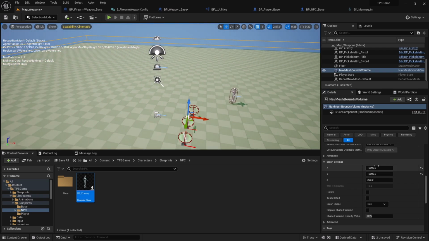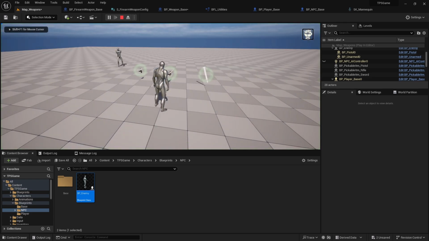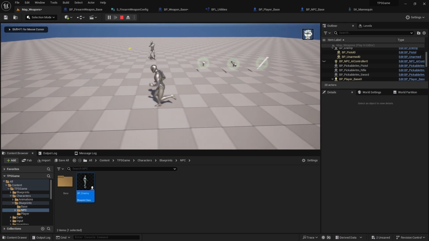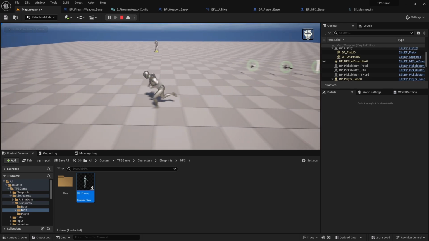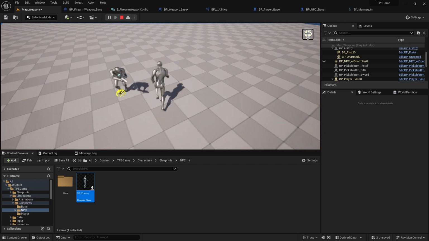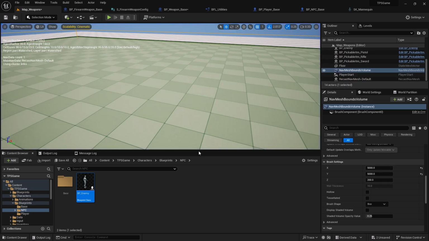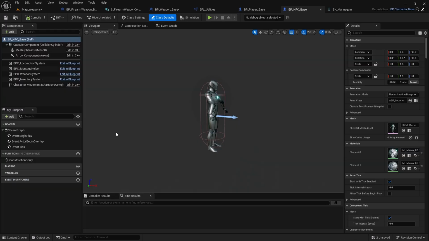Maybe this is too much. How about 5,000? Yep. Okay, now yeah, the NPC can move. Plus the focus is also there, but it can't fire at you. So I don't know actually how the line trace has been applied. So let's go to the weapon NPC base,